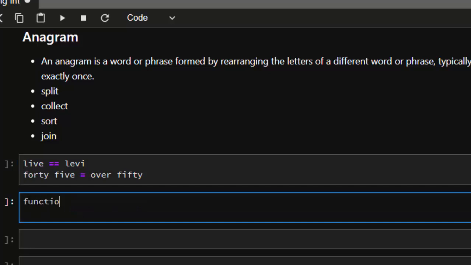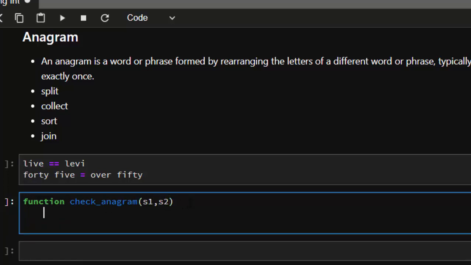It's going to be a function to check whether a word is an anagram, right? Check anagram, whether the word is an anagram, so we have the first string s1, then s2. Perfect. So we're going to go with this format. So we're going to have our word, or whatever, let's call it a string. So string 1 is going to be, first of all, we're going to